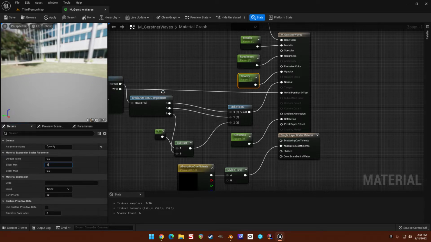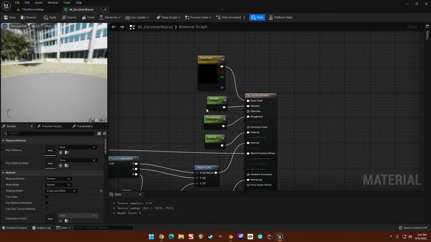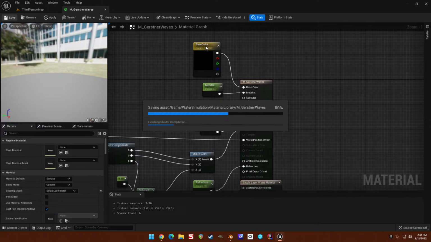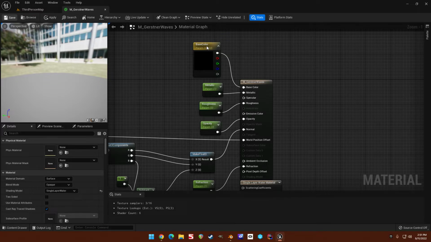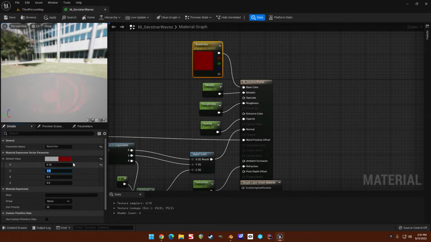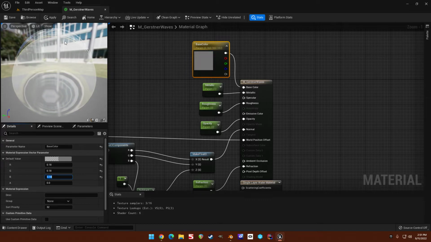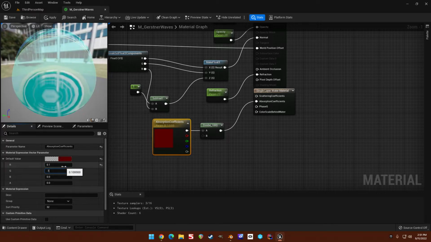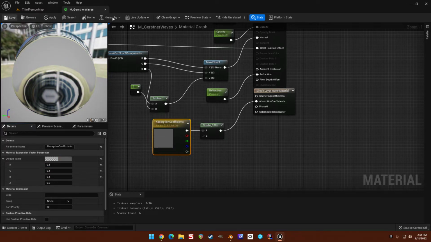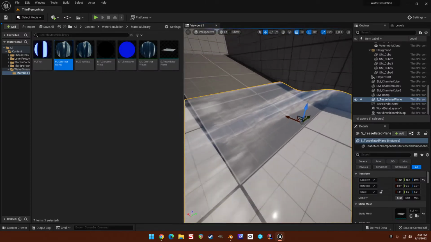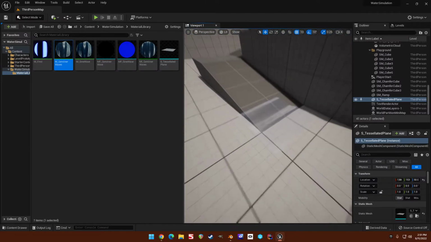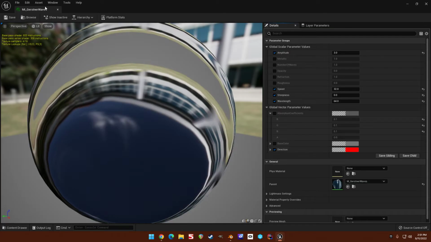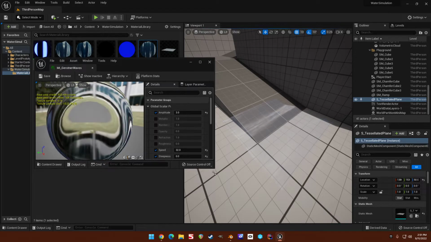Okay, let's set some ranges for those guys. There we go. Actually, let's set this to something. Let's set this to something too. Okay. So now you can see we have water that's clear. So if we go back to our Gerstner waves here,